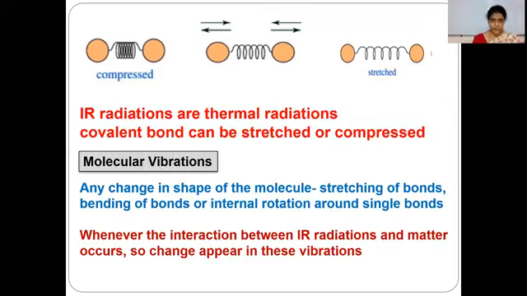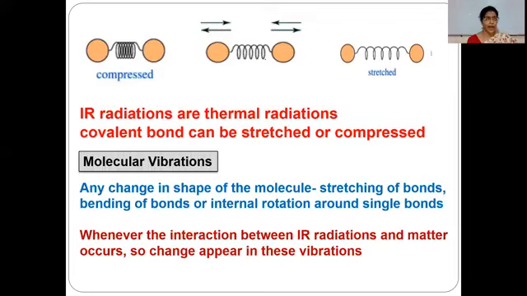This shows the equilibrium bond length of the molecule. It is the normal state in which the covalent bond, like a spring, is always in a state of constant vibration. When we apply IR radiations or thermal radiations,